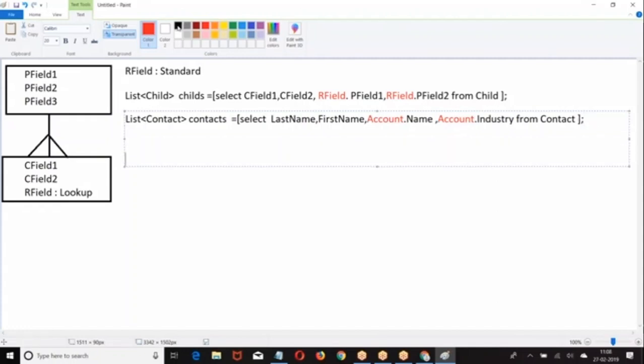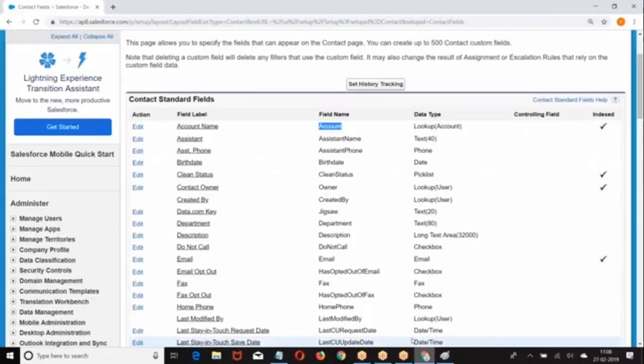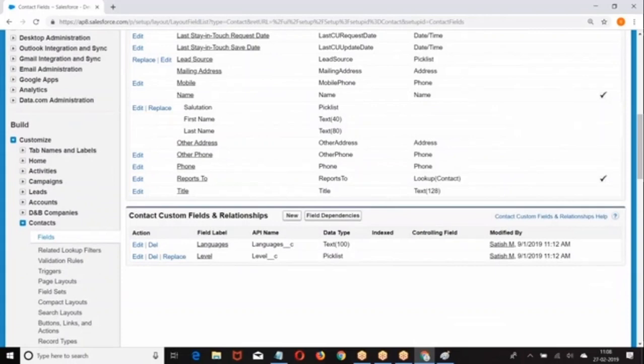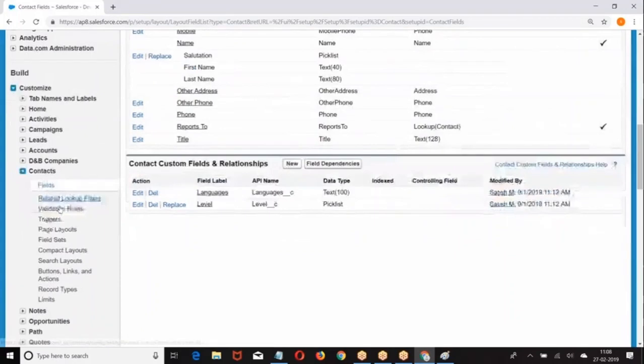Similarly, I am going to take opportunity and account. If you go to the opportunity object, look at this. People are supposed to listen, not to copy, while I ask you to write the program. You write when I ask you to write, you listen when I ask you to listen. There is a reason; otherwise you will be unprepared for the next 6 months. Right.